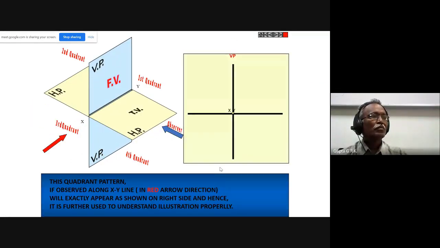So we are showing them in the quadrant. If you are seeing it like this, the whole XY is seen like a point, which is the origin of this 2D plane, and the vertical plane becomes like the y-axis, the horizontal plane becomes like the x-axis. XY both coincide here. It is not the x-axis and y-axis. The whole plane becomes like a line, and the vertical plane completely becomes like a line. So it comes like this, and the observer sees either from the right or from the top.